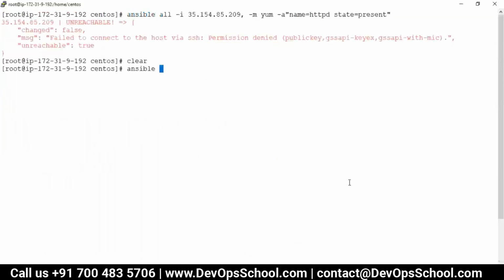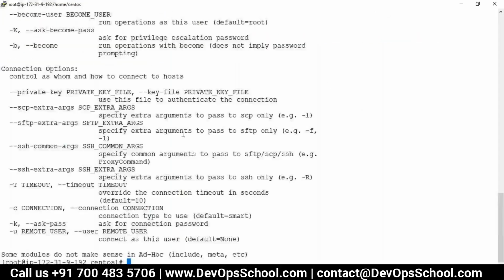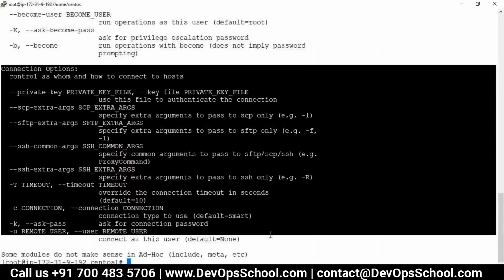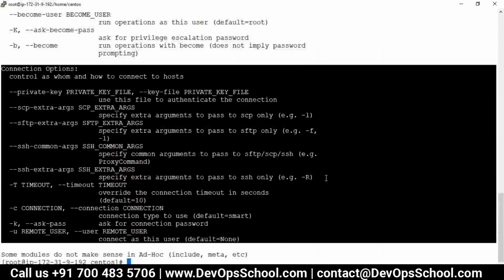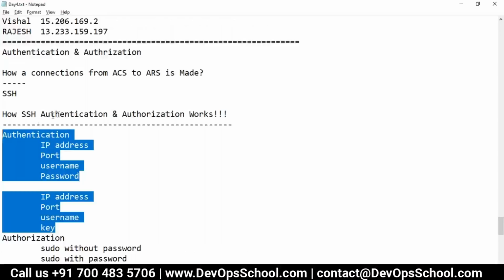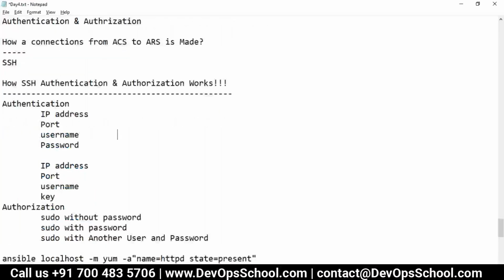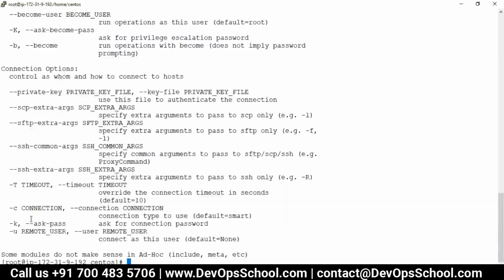Ansible? And I think only a few people are speaking. So I would request the people who are not speaking on a regular basis, please speak up. I can read their names, but you only help me. How can I pass the username? Not a regular guy, those who are always responding, but someone who has never responded. Rajesh: -u, remote user.